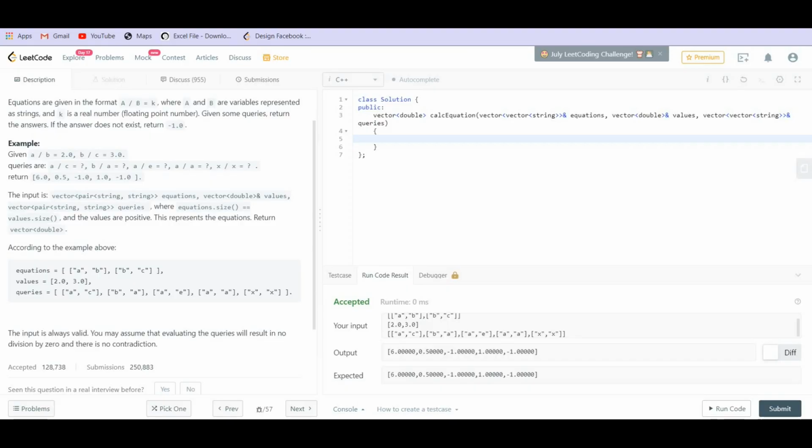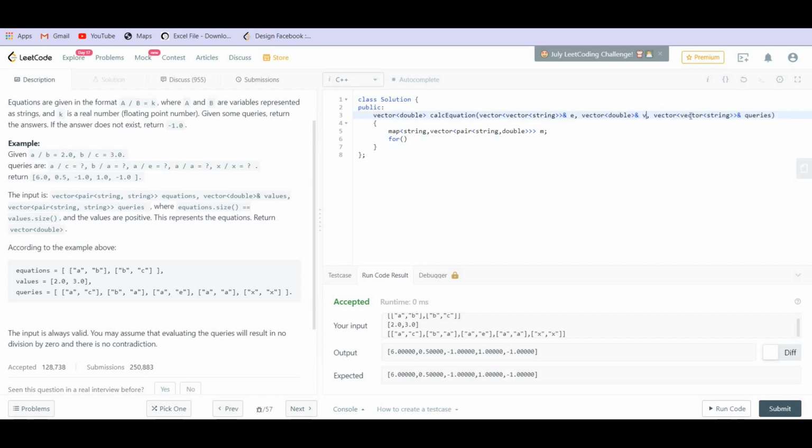First of all, let us try to create the graph. The graph would be of type string, so it will be a map of type string and a vector of pair of string comma double. This is the map.